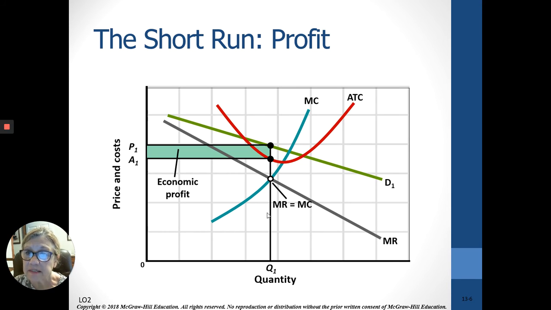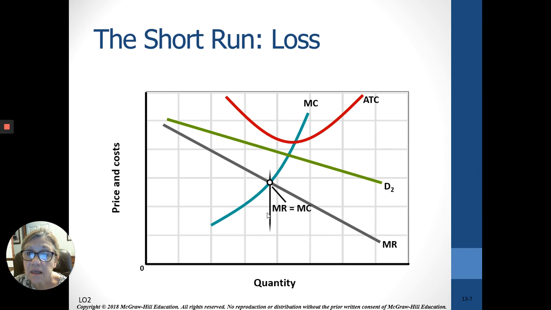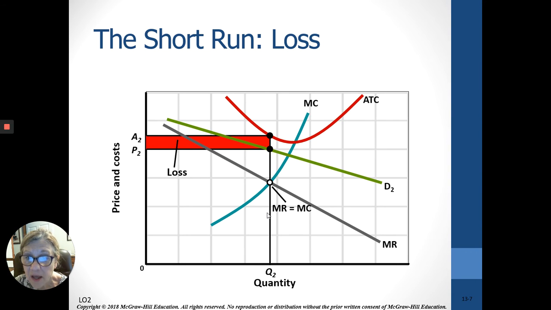And obviously, they would like to see that in the long run as well, and may be able to do that. So if the price is above average total cost, we know that average variable cost is also covered. There could be situations where there's a short run loss, where price is lower than the average total cost, like it is in this case. They're still producing where marginal revenue is greater than or equal to marginal cost, charging a price on the demand curve. But if their costs rise or if their demand goes down, they may be operating at a loss for the short run.